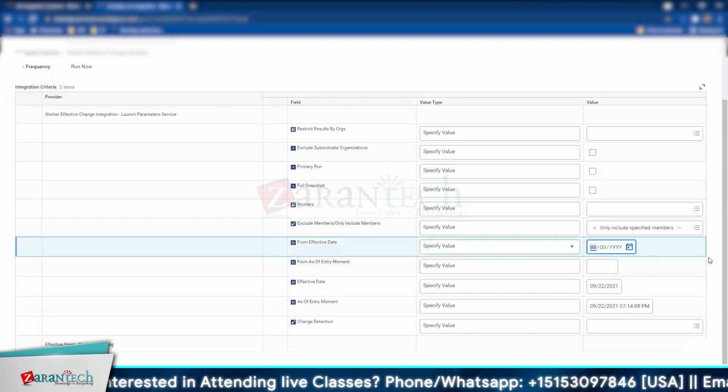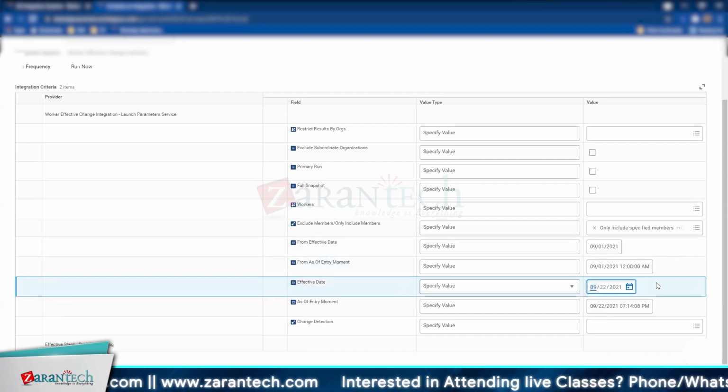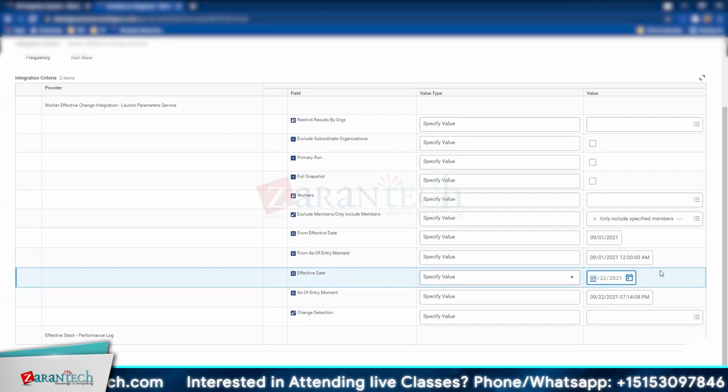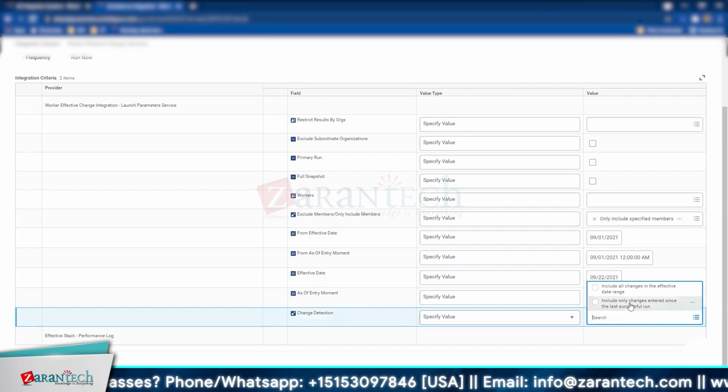All right, from effective date 09/01/2021. So that would be 1 month and include